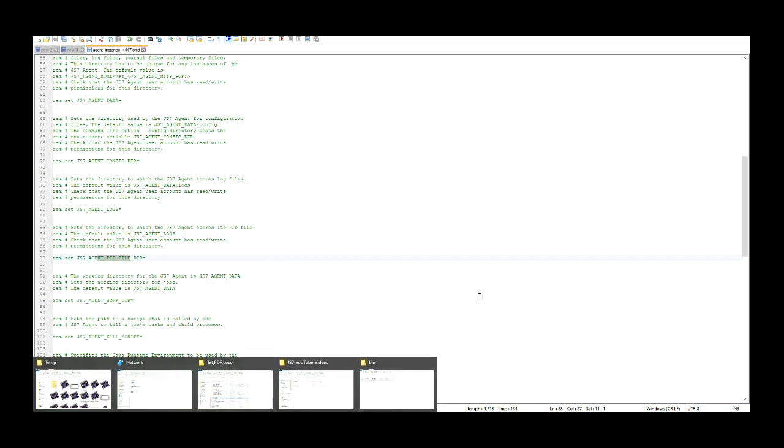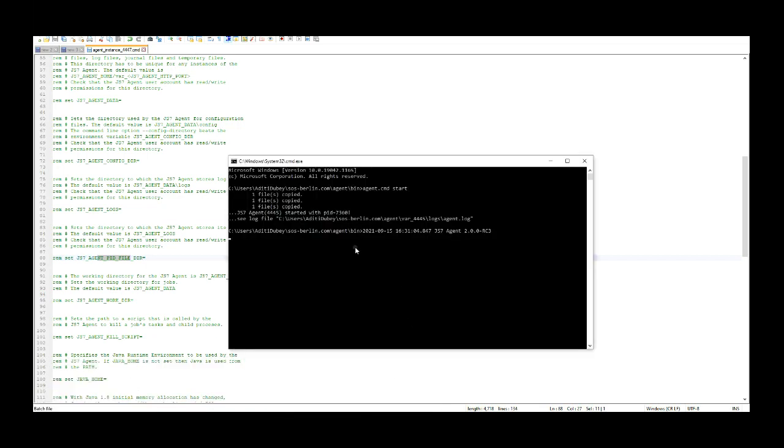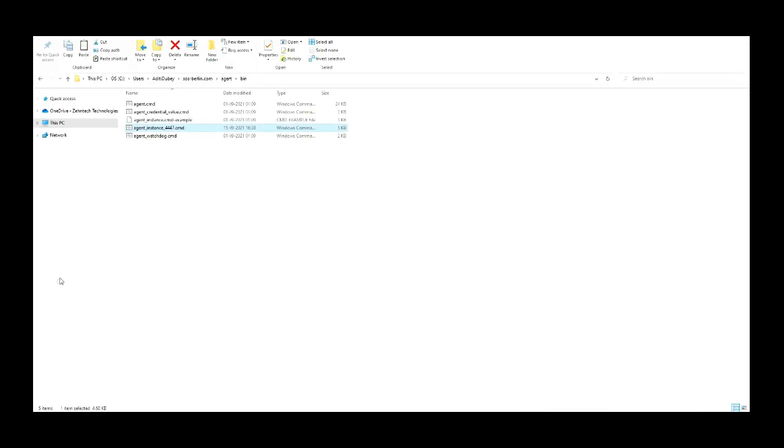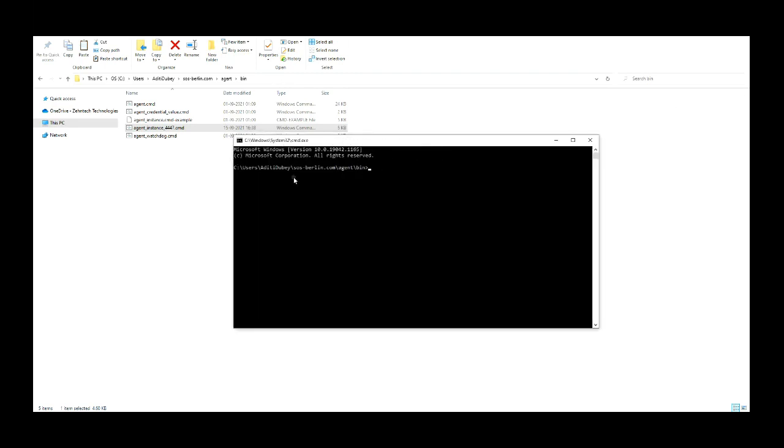Open the command prompt, same as previously, from the bin directory of the agent. We use a different command prompt to start an agent instance. You can see the path to the bin directory of the agent.